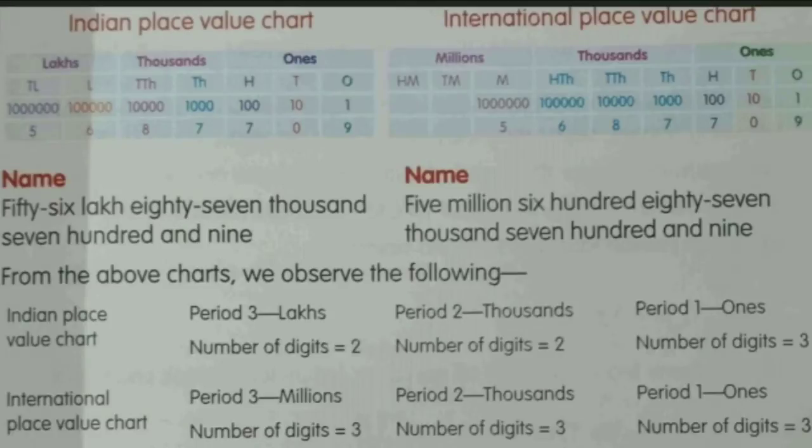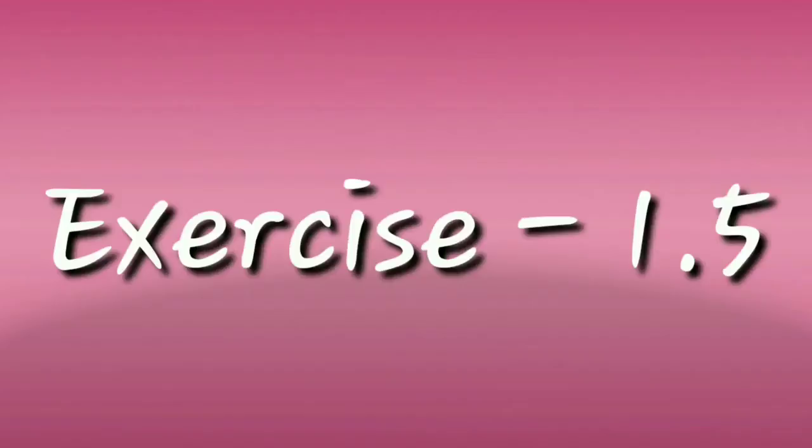So we can also say that in the international system we can write 1 lakh as 100,000 and 10 lakh as 1 million. One thing to keep in mind is that while reading a numeral, all the digits in the same period are read together, and the name of the period, except the ones, is read along with them. Likewise, in the given example, we have read the digits as 56,87,709. So, this is the concept needed for solving exercise 1.5. I think we are ready to go through the exercise and solve the questions together one by one.